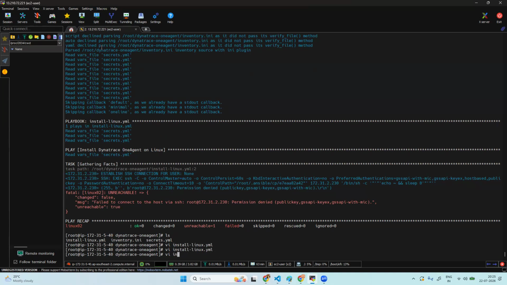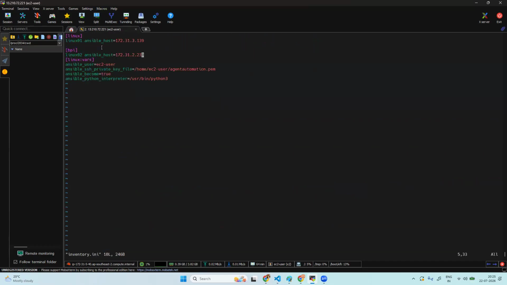bi inventory dot in a file. I'm adding here itself. Linux 02, Ansible underscore host equal to 172 dot 31 dot 2 dot 230. Okay, I'm removing this. Okay,